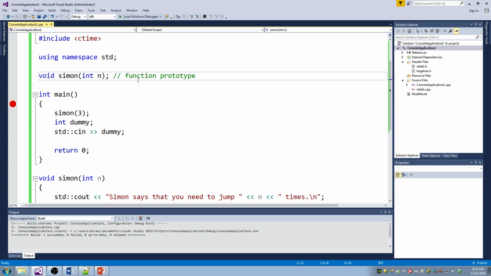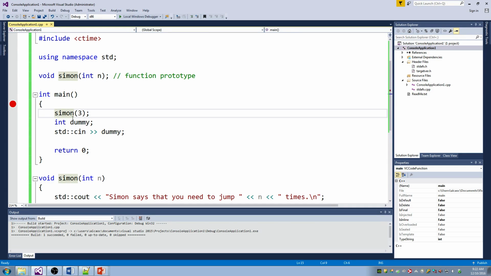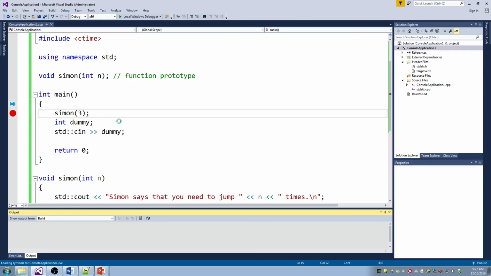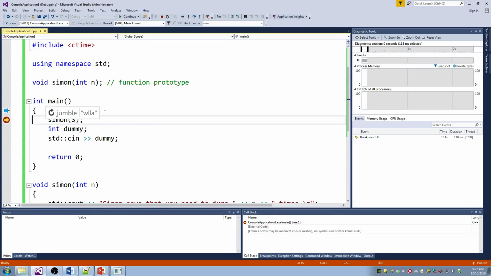Any questions on this so far? Like why this needs to be written up here? Just so that by the time I get down to this assignment code, it knows what to do. All right. I'm going to go into ways to change this in a second. I'm just going to run through this and show you guys what actually happens here. So watch what happens. Here's my yellow arrow, which indicates where my program is about to go. So that yellow arrow,